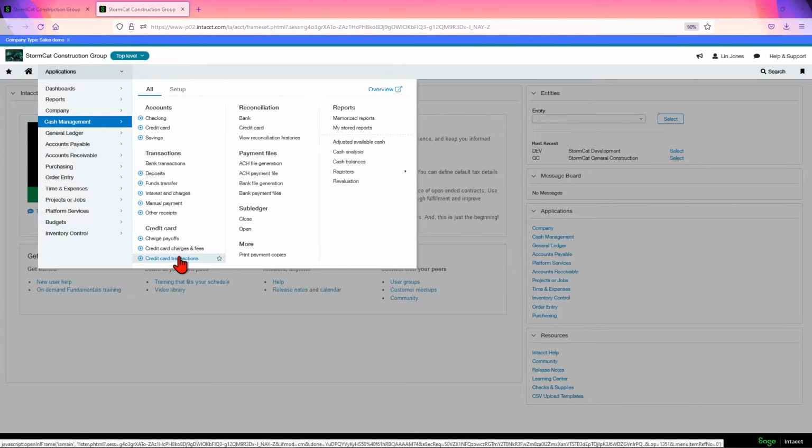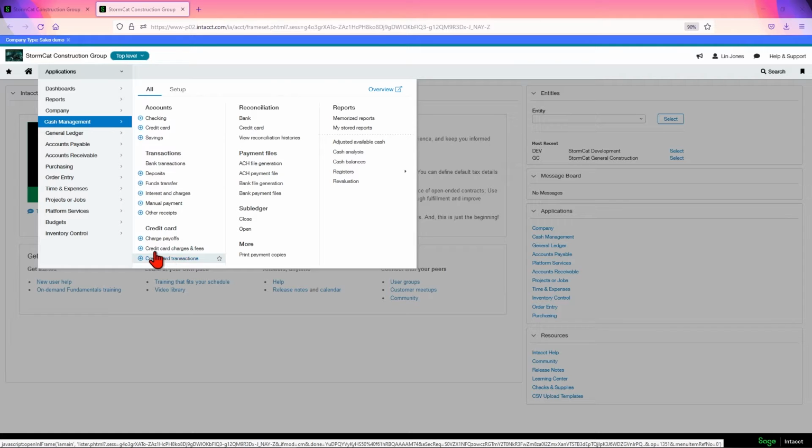So when you set up a credit card in Cash Management and you do the credit card transactions, it allows you to see what each and every transaction was created on it and allows you to reconcile it like you would a bank. You also would pay it off by doing charge payoff instead of doing it through accounts payable. Now, charge payoff does end up creating an accounts payable bill, but if you did it through accounts payable only, as in you just set it up as a vendor in accounts payable and paid it off, you wouldn't be able to have the granular transaction detail.